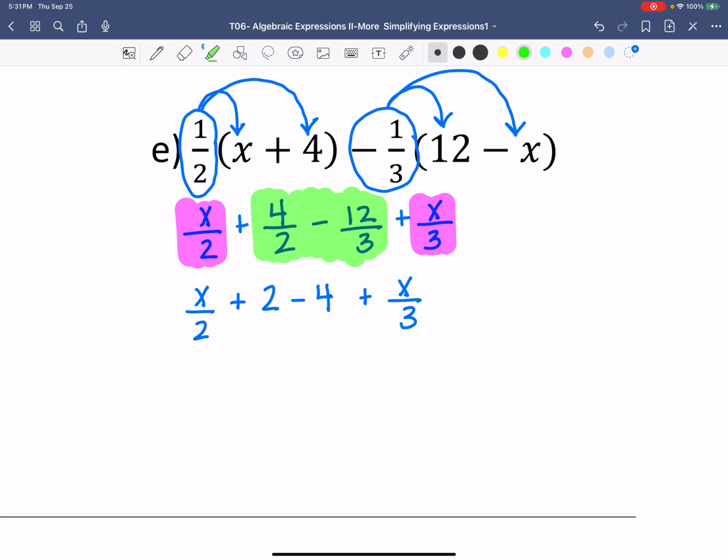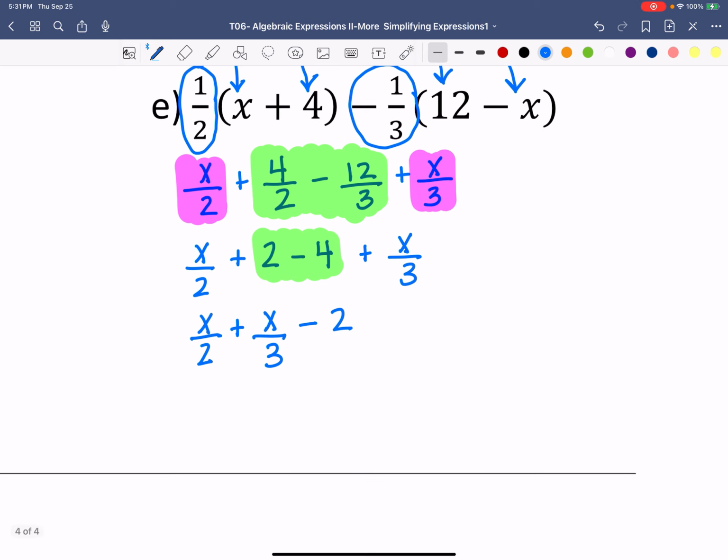So certainly, you might right away simplify this because it's just numbers. It's easy to do. So let's bring our x over 2 close to our x over 3. And then we will simplify. 2 minus 4 is going to give us minus 2. Okay, so we've simplified our constants. We can't simplify that negative 2 anymore, but we certainly can simplify